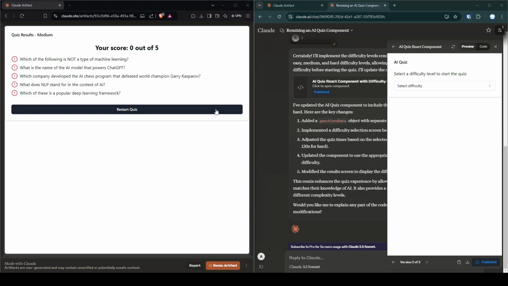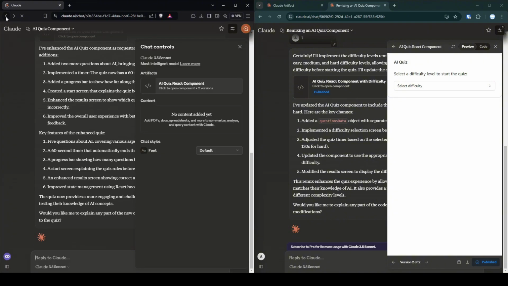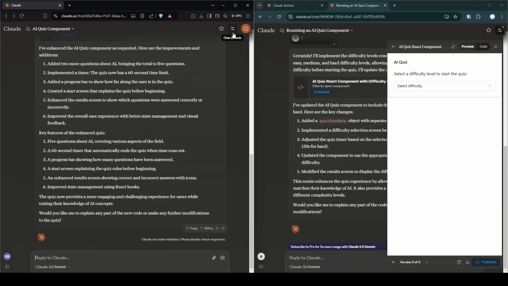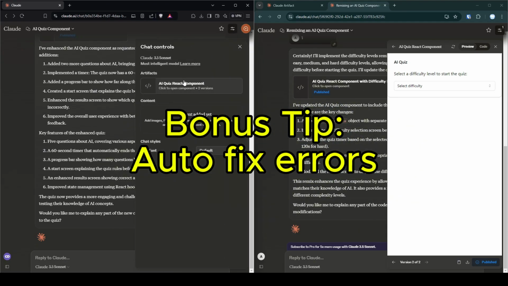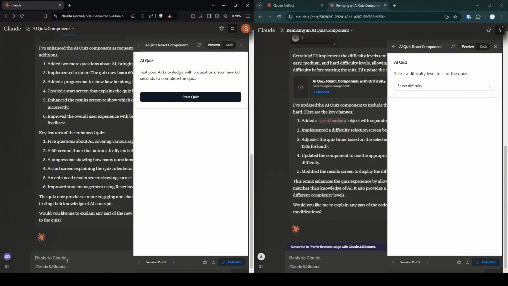But for now, what we can do here is go back to our previous chat window. And what I will try to do is try to introduce an error. So this is a bonus tip. What happens if this is not working well? It so happens that Claude was able to generate what we are asking for at this session, on my particular session, without any flaw, without any issues or bugs. But I will try to introduce a flaw that I know didn't work for me before.